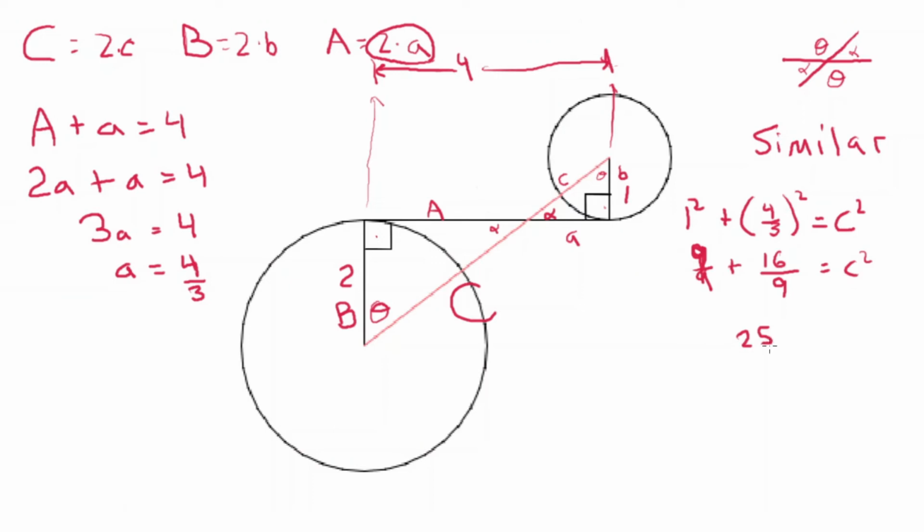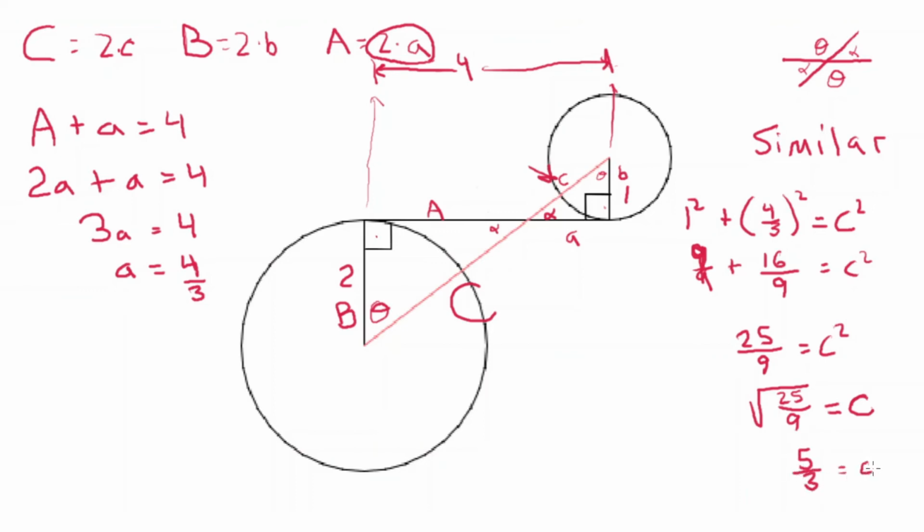Oh, I forgot to ask. Alexa, what's 9 plus 16? 25 over 9. 9 plus 16 is 25. Equals c squared. And let's get a square root of both sides. Boom. Square root of 25 over 9 is going to give me my actual c. I can't work with the c squared. I need to know what the actual c is right there. Okay, so when I do a square root of a fraction, I actually do the square root of the top and the square root of the bottom. And that gives me 5/3